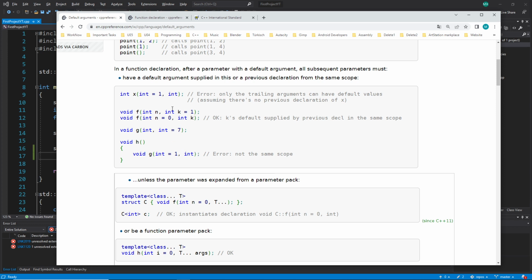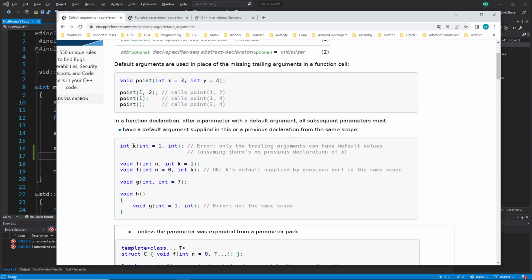What I mean by real context: this int x, for example, they just want to create a function here, so we can see it is a function when you know the structure: return type, x is an identifier, and then we have two arguments, here as parameters. But this is only for demonstration purposes, not as a real programmer.